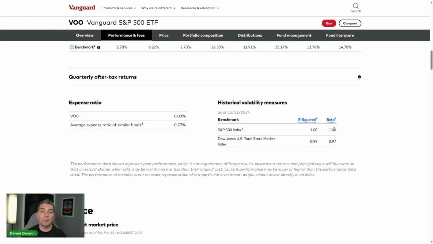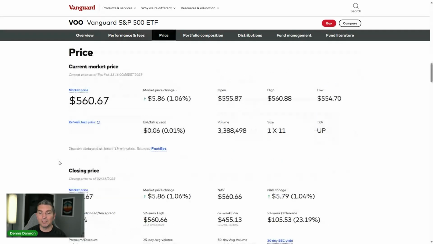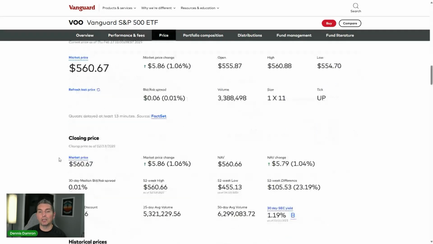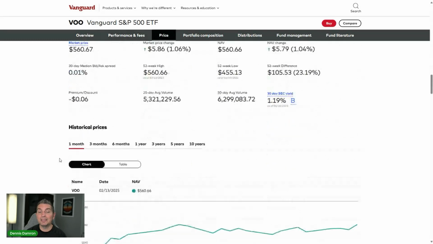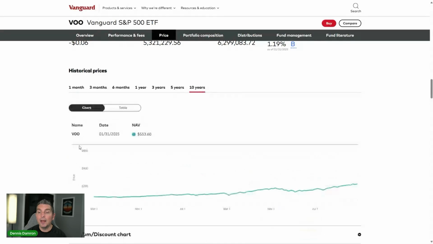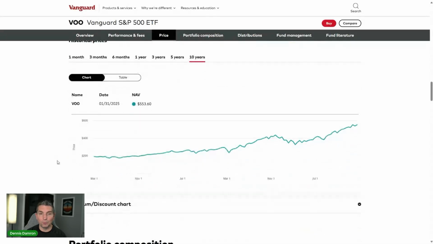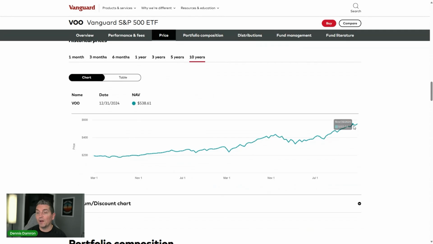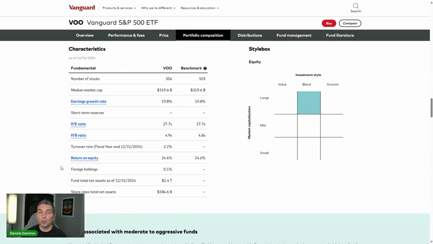It is a straight beta because it does track the index in its entirety. Again, market price $560, so a little bit on the more expensive side, but that's okay. Consistent contributions going in here. Then we look at the historical price. You can see there has been a very solid growth in that last 10 years. Looking down here at 193 all the way up to the 560 we're seeing now, we have seen a tremendous amount of growth. Now, the portfolio composition,